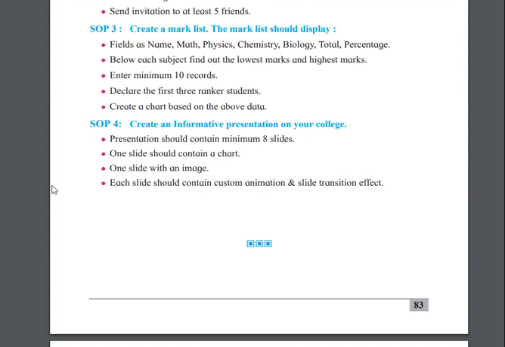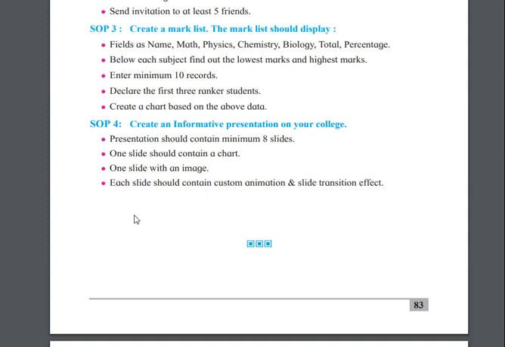So if you want to create a chart, how the chart is taken in your presentation, how to add the custom animation effect, how to give the transition effects. So you all have to write the steps, that is how you are applying the effect. For example, for applying the animations, you first select the presentation for which you want to apply the animations, then you click on the animation tab and you apply the different types of animations. You see all the types of animation and apply any one which is suitable for your presentation. So you will have to write just the point about each of them in your file.